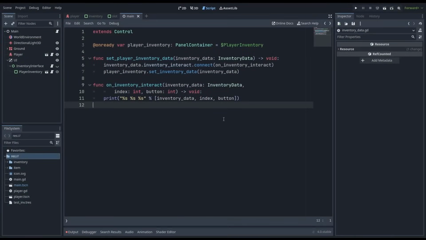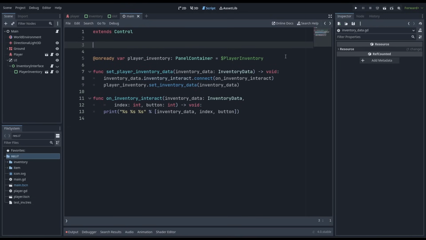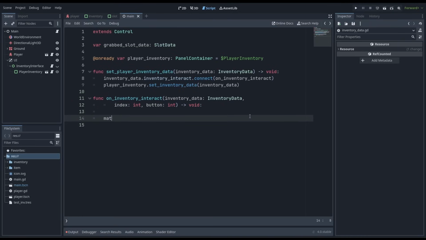So the first order of business is making it so that we can grab a slot data so we can use it in the inventory interface. So we'll need a variable to store that slot data. So up here, I'll go var grabbed slot data. This will be of type slot data. And then let's start setting up some logic down here. So match grabbed slot data and button. And then if that matches null and mouse button left. So this is just saying if we currently have no slot data grabbed and we're left clicking on the slot,